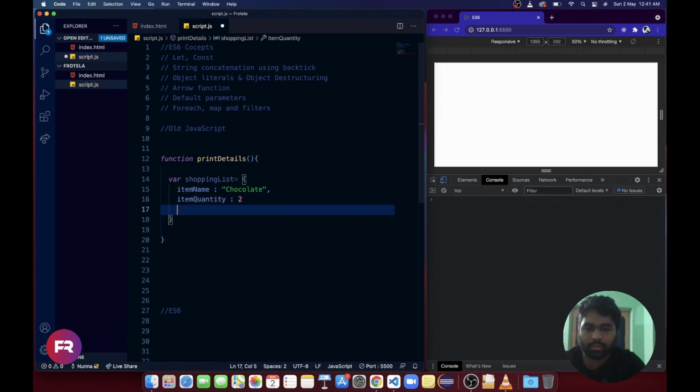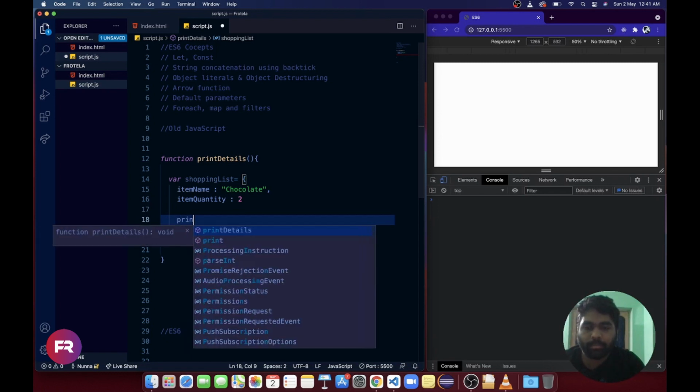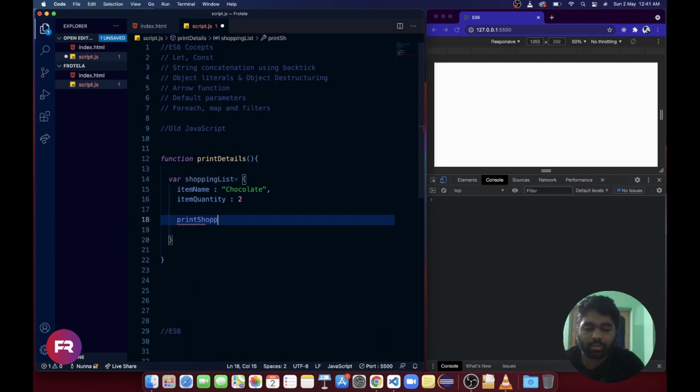Let's save this. Inside this I want a function printShoppingList. So now let's create the function printShoppingList. Inside this, I forgot a comma here.